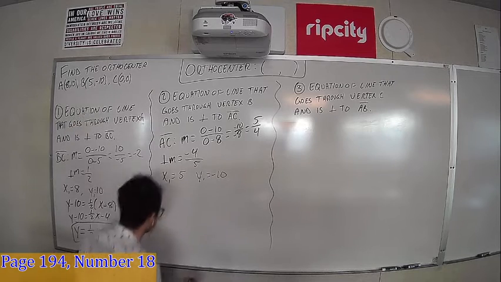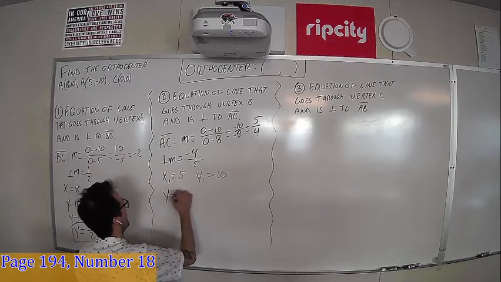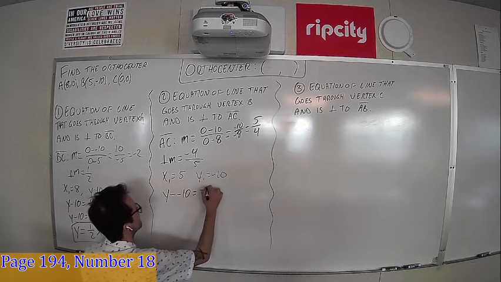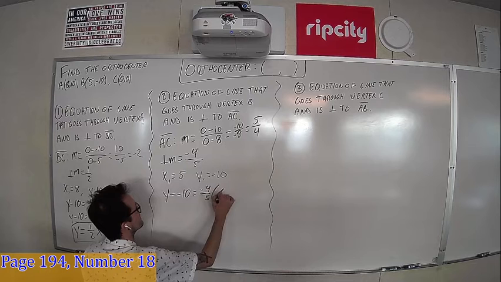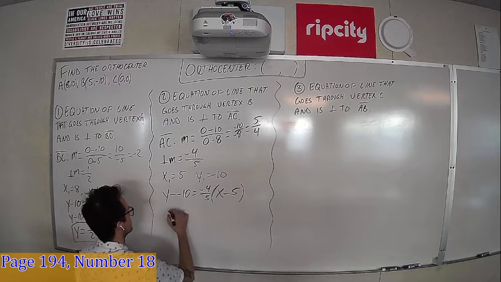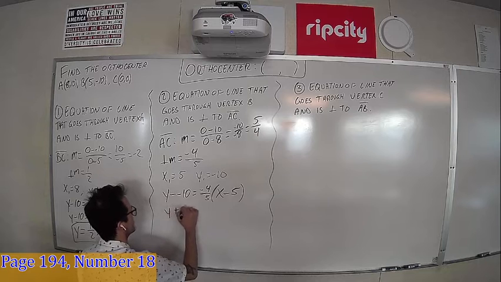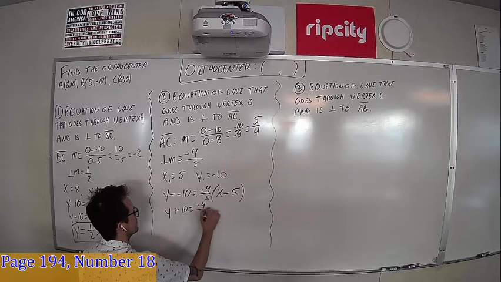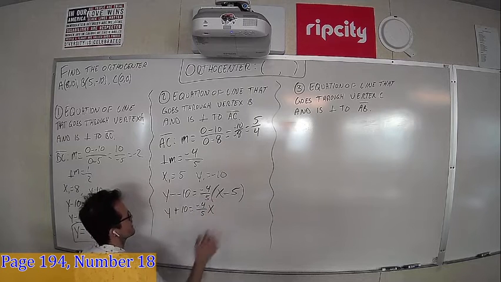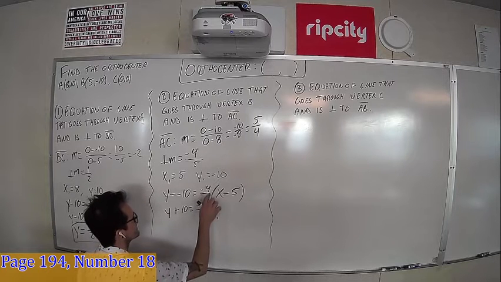Let's plug in the pieces, point-slope form. Y minus y1 equals m, -4/5, times x minus x1. Let's distribute. Y plus 10 equals negative 4 fifths x. Negative times a negative is going to be positive, so this is going to be